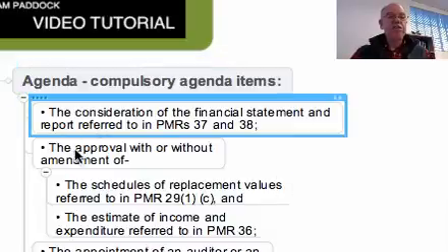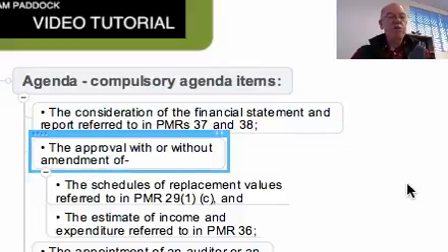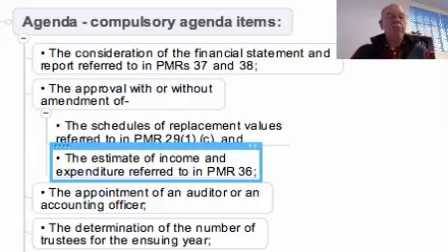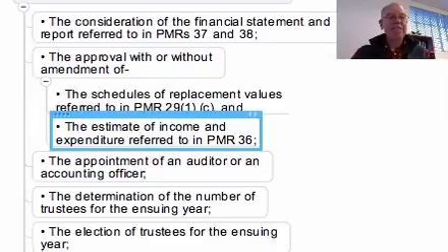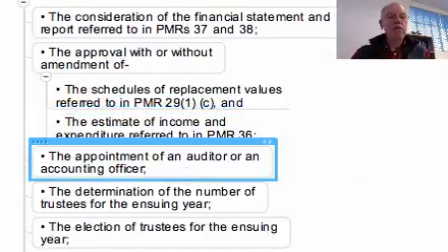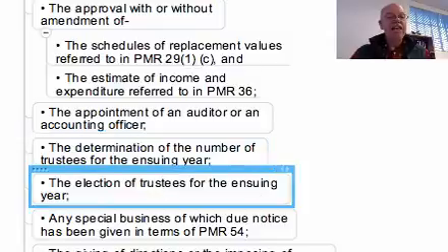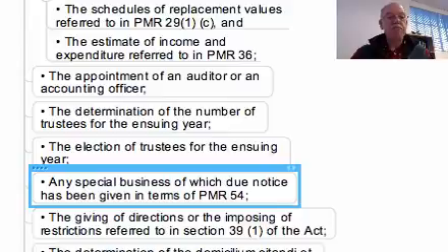Firstly, there's the consideration of the financial statement and report. Then there is the approval with or without amendment of schedules of replacement value for insurance purposes and the estimate of income and expenditure prepared by the trustees. There is the appointment of an auditor or an accounting officer, the determination of the number of trustees for the ensuing year, the election of trustees for the ensuing year, any special business of which due notice has been given,